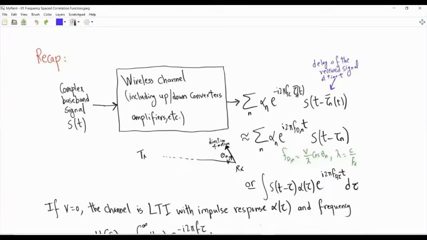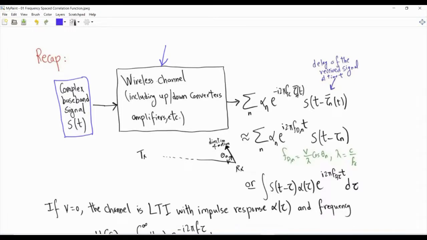Hello. Okay, so let's summarize what happened in the previous lecture. So we studied the multi-path channel, and so here is the wireless channel. Okay, and the input is a complex baseband signal, some baseband signal S of t, and then it goes through